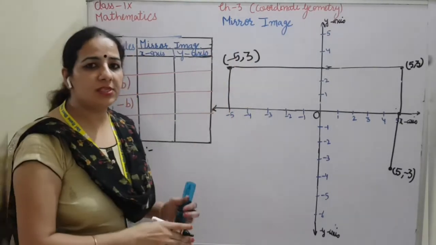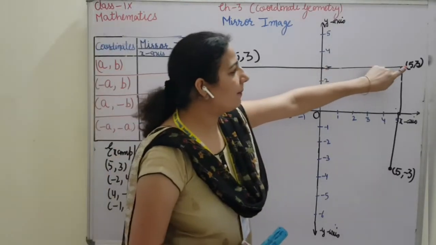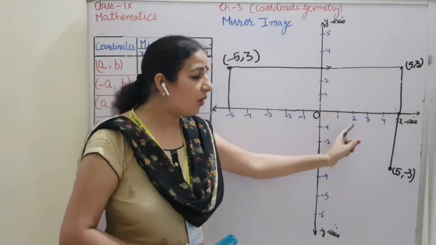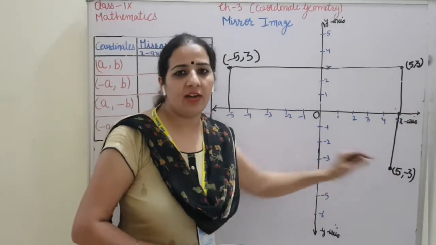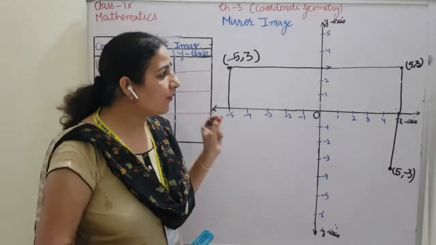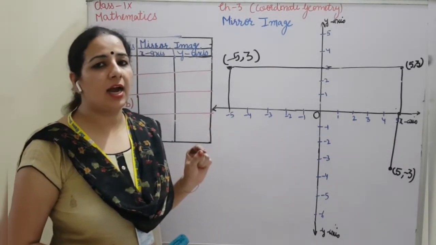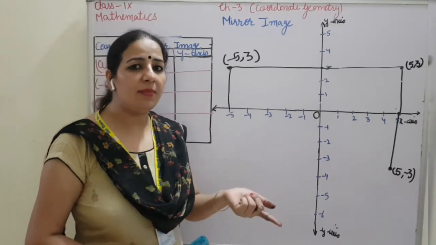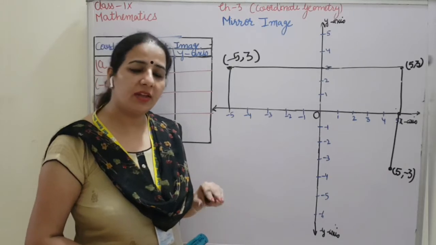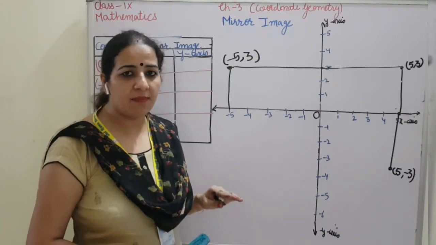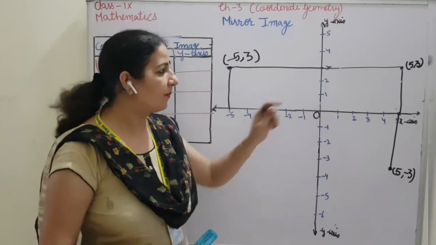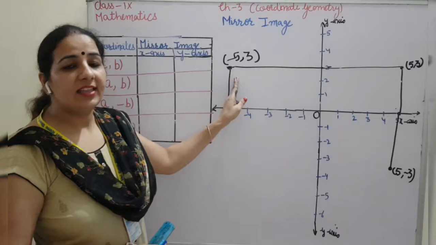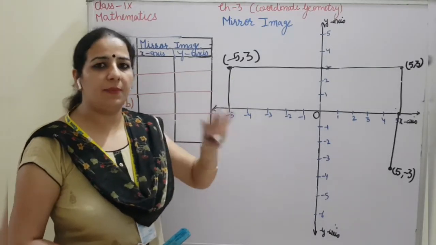So what you have observed from here is, if you want to calculate the mirror image of 5,3 from the x-axis, then the ordinate will change. That means if you want to find the mirror image of 5,3 regarding the x-axis, then the x point will remain the same and y will change only in sign. The value of the y point will remain the same, but the sign will be reversed. And if you want to calculate the mirror image of 5,3 from the y-axis, then the y point will remain the same, x will change.